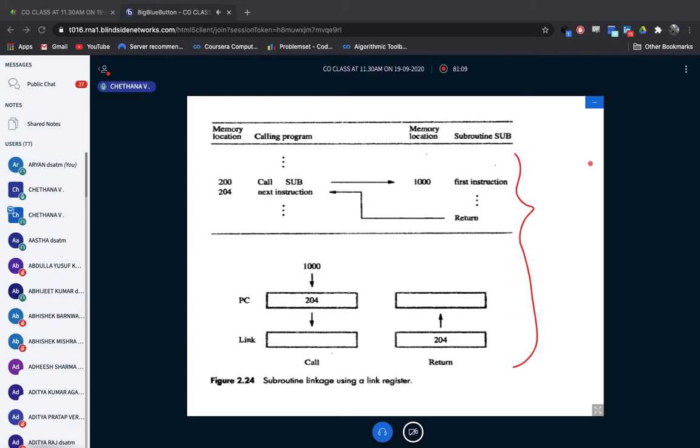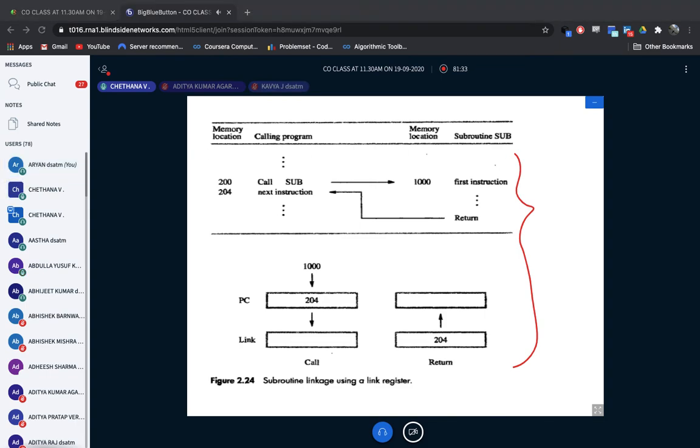Okay, Hasta is present. Yes, ma'am. I'm calling Asta. Asta was absent. Okay.